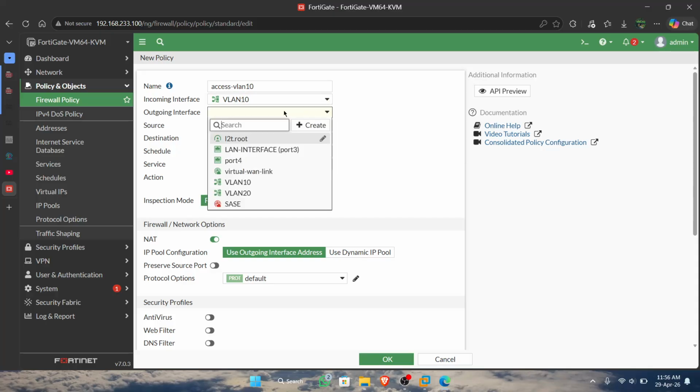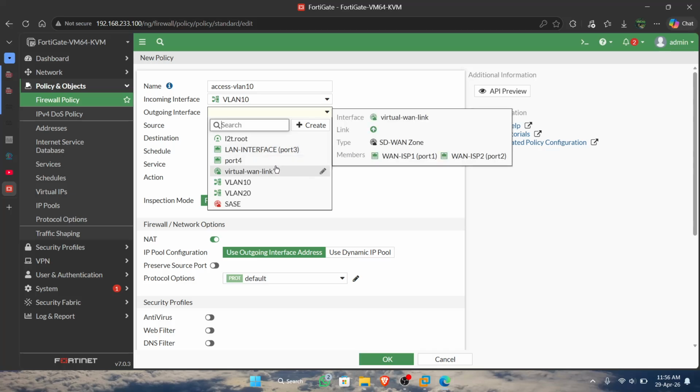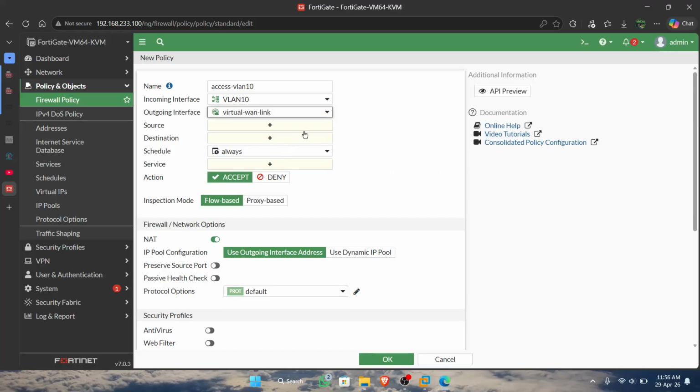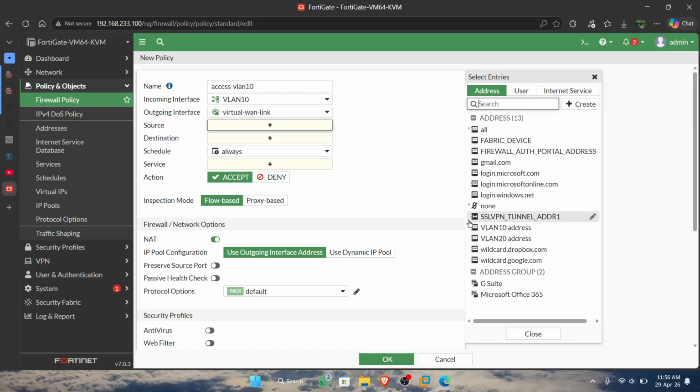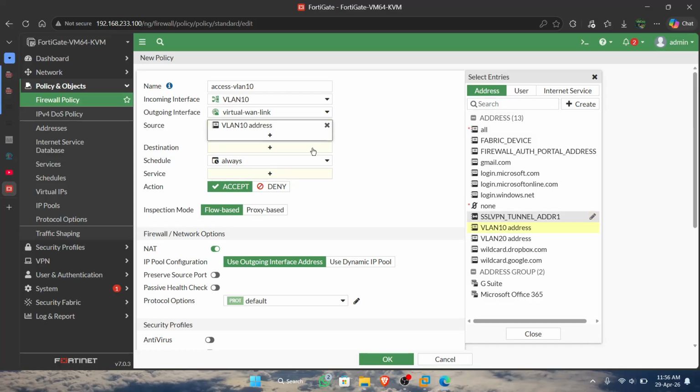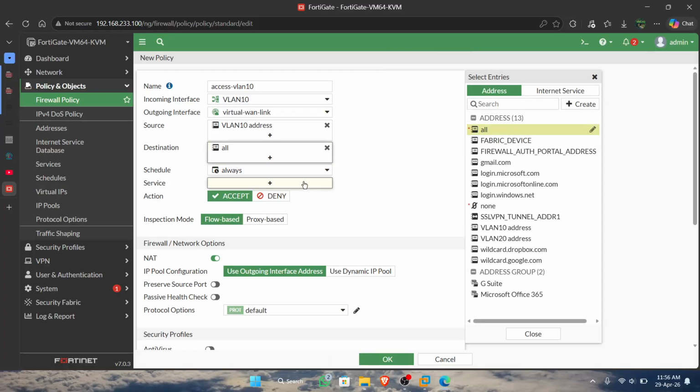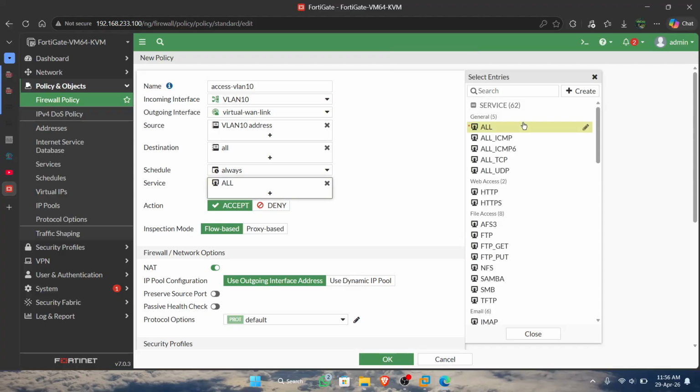So the next column is the outgoing interface. We enter firewall normally. So in the source we enter VLAN 10, and for destination we can use all, and service again all.